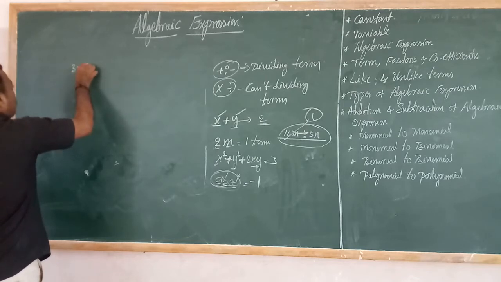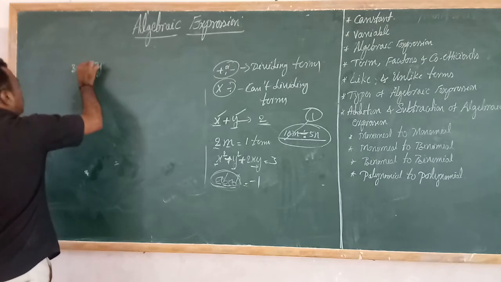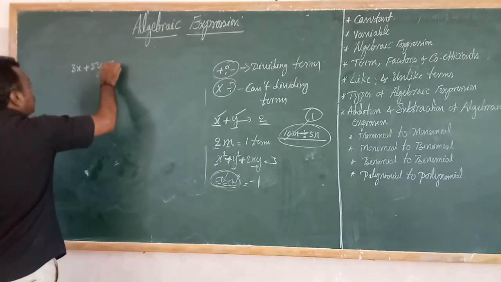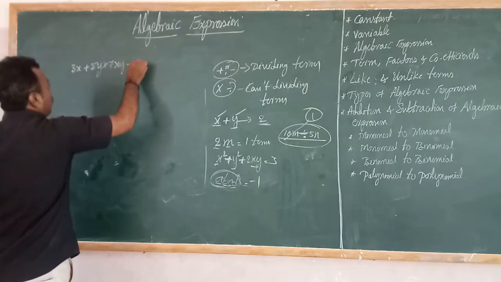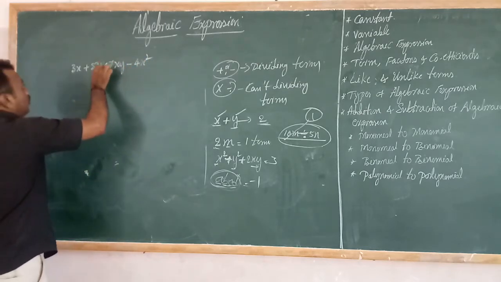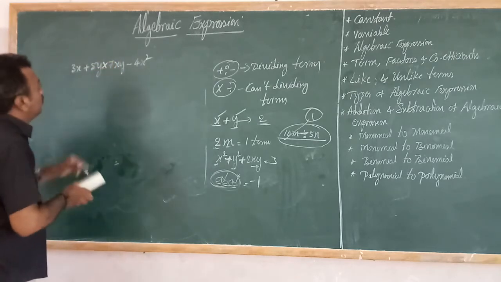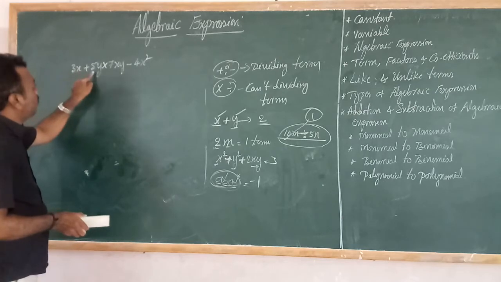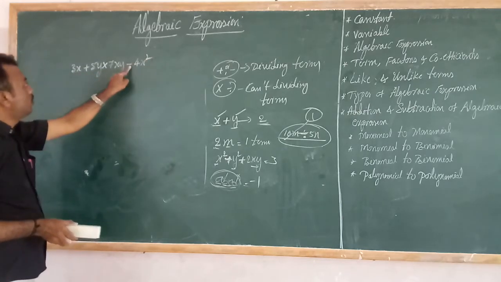3x plus 5y into 7xy minus 4x square. So how many terms are there? See, 3x plus 5y into 7xy minus 4x square. Okay, so minus is there,